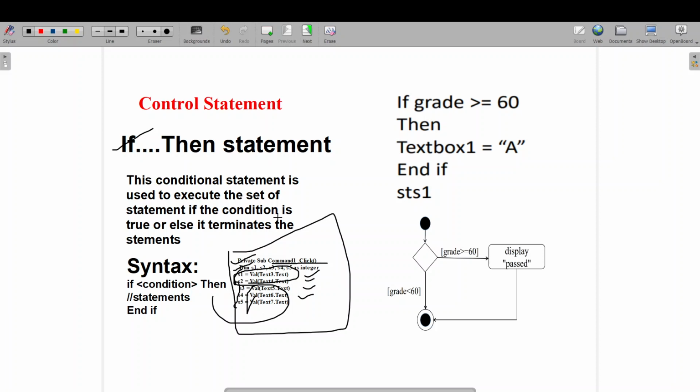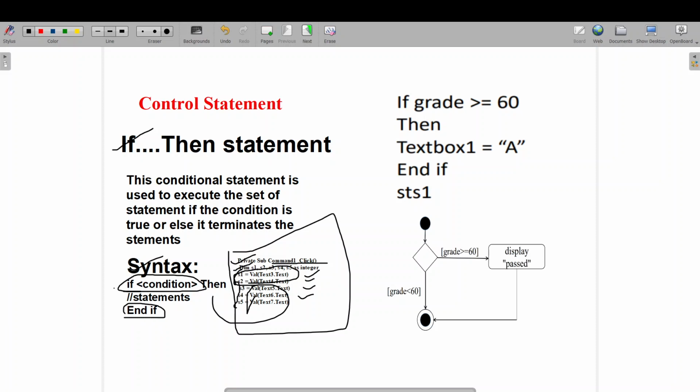the statements. So the concept behind this if then statement is, if I want to execute a statement if my condition is true, or else don't execute any statement. For that purpose, we are using this if then statement. We'll see the syntax. If condition, then execute a statement. Whatever control statement you are using, you have to close it whenever you open any control statement. So here I opened a single if condition statement. If I open a single if, I have to close it with end if at the end of my statements.